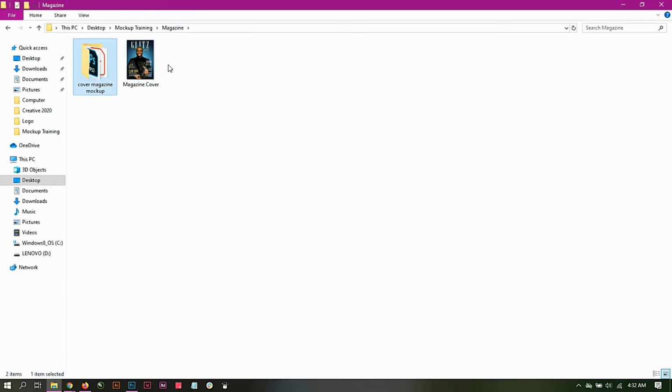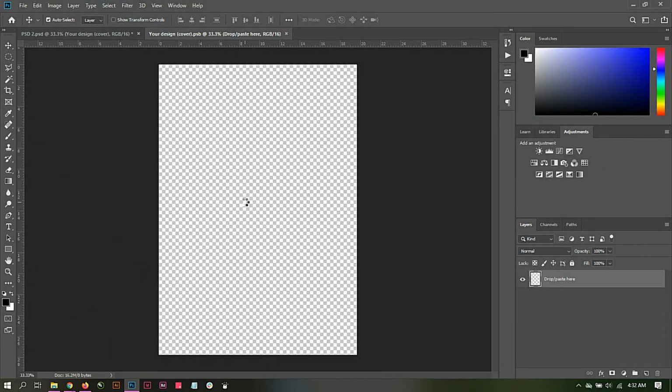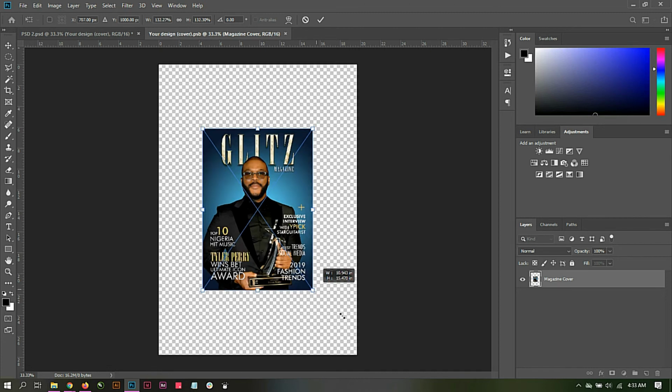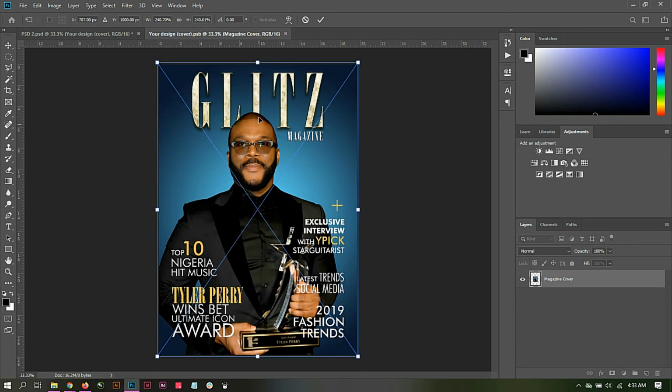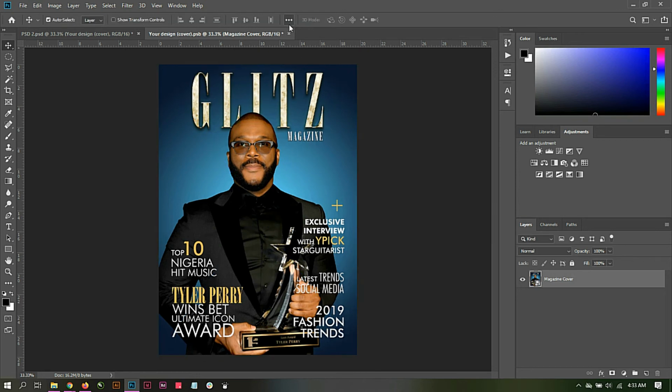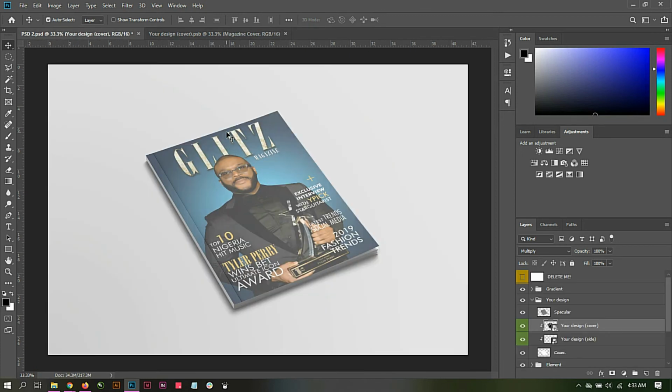Alright, so I'll go to the magazine. I already have a pre-downloaded cover here, so I'm going to drag it here and drop it. I'll press Alt to make it a little bit bigger, and I'm going to press OK, or the check mark, to confirm. Then I'll click File, Save, like I've taught you in the previous section of this video. By the time you go to the section, you can see that your magazine looks so beautiful, and it actually looks so